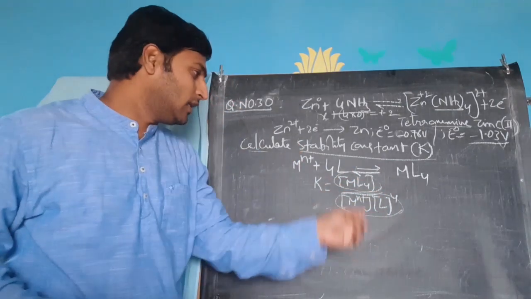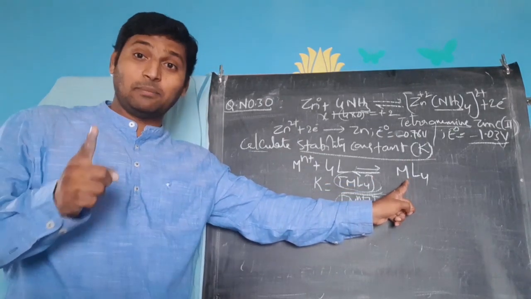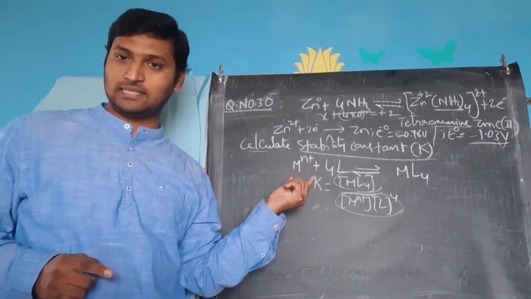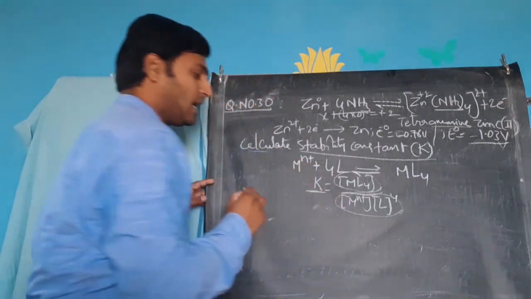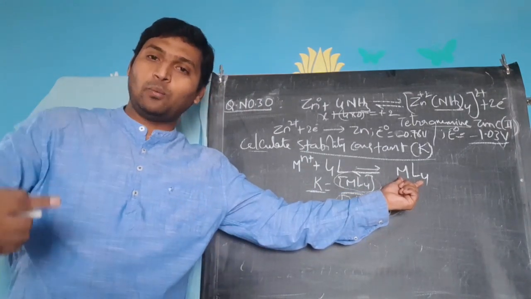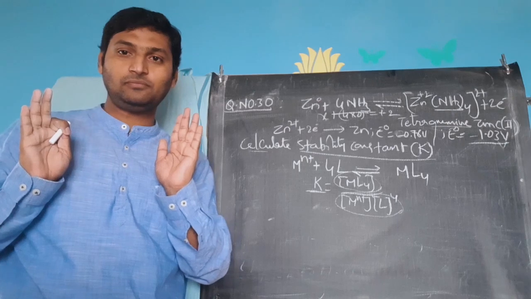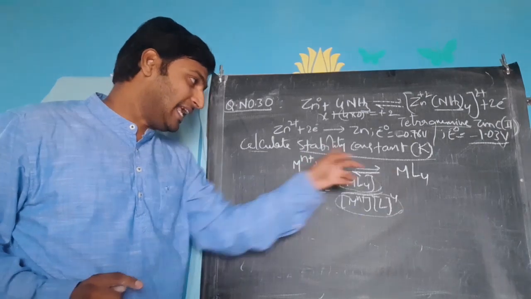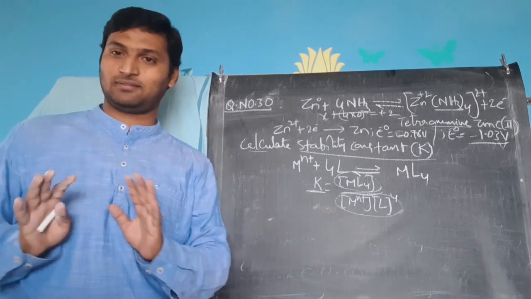So, if you are noticing by the time equilibrium is attained a larger concentration of ML4, that means ML4 must be stable. That's why it is formed more readily from this species. So, logic is simple. If the value of this equilibrium constant comes larger, it means that this is formed more readily. The one which is formed more readily is the more stable complex. So, simply, the equilibrium constant written for a reaction representing the formation of a complex will be the stability constant of that complex.